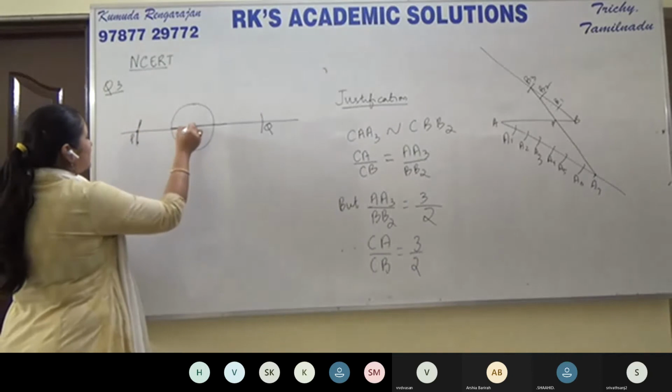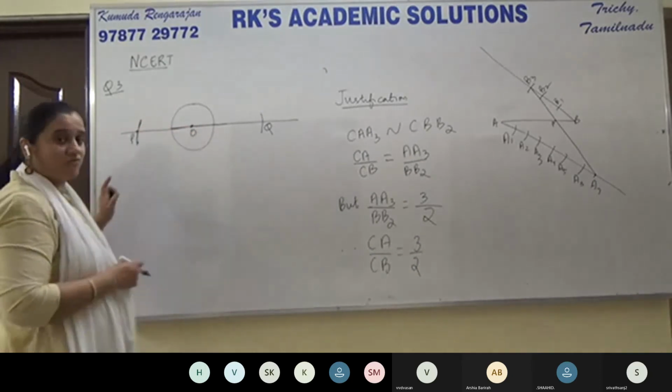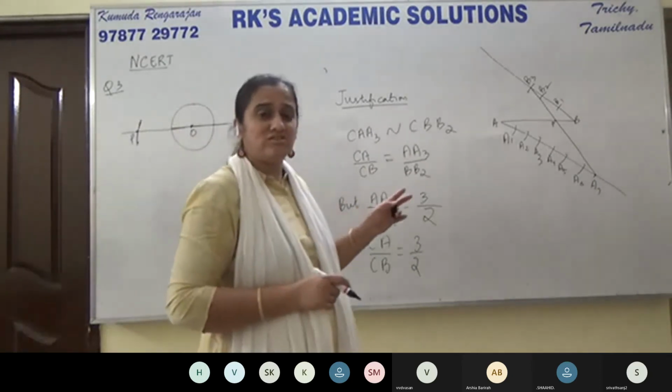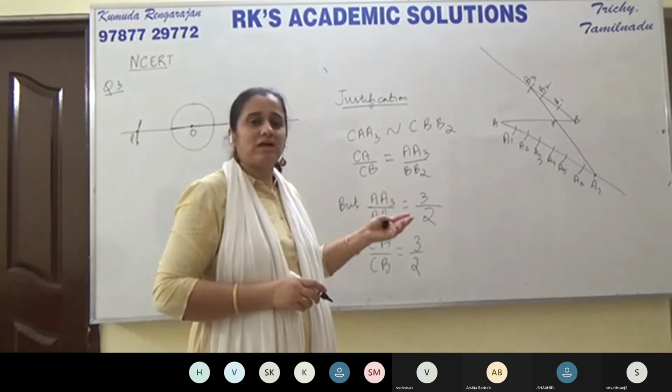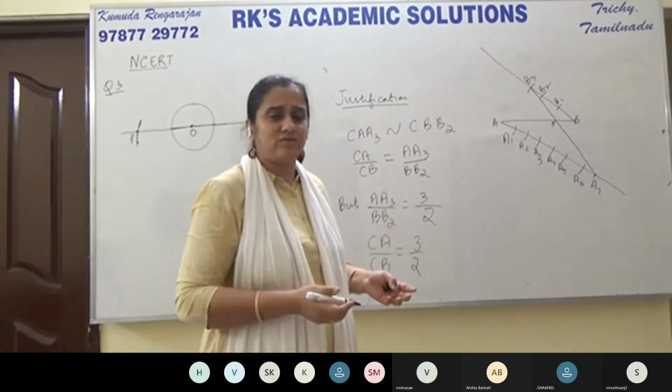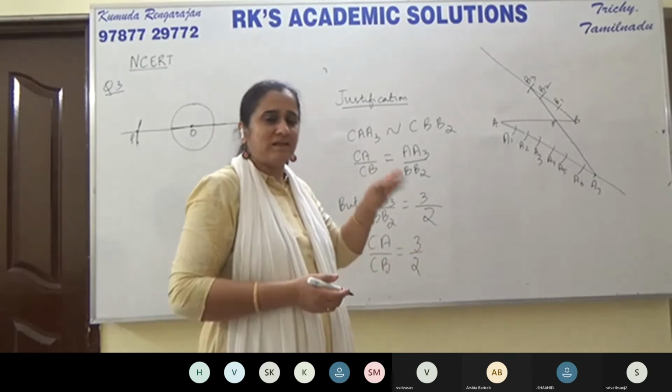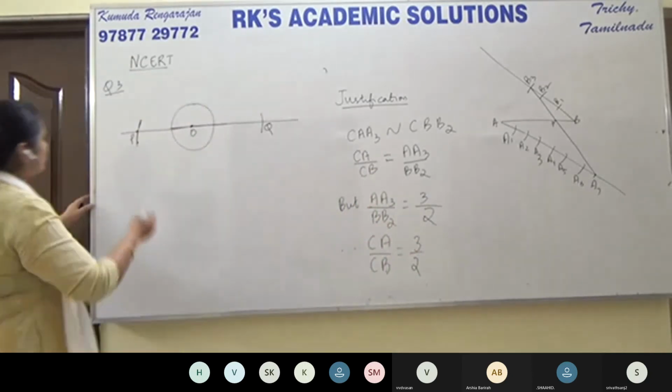So now take up this line segment OP. First we are going to draw the two tangents from P to the circle. Then we'll draw the two tangents from Q to the circle. You can do anything first. You can draw from Q first and then P. So say we draw from P first.